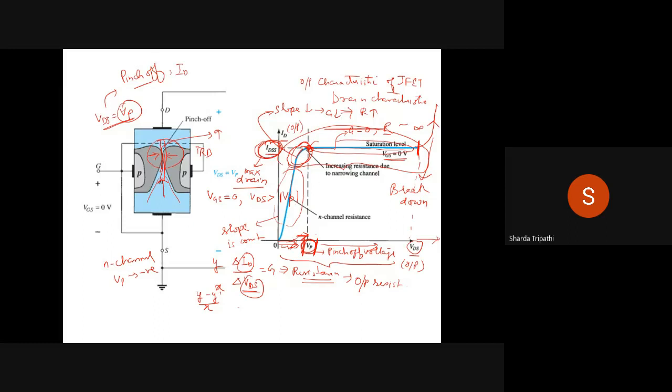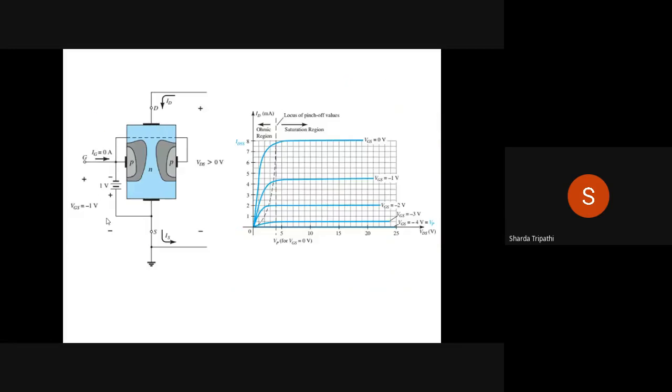So for all this discussion that we have done as of now, we saw that the value of VGS was equal to 0 volts. अब हम क्या करते हैं? अब हम VGS की वैल्यू को चेंज करके देखते हैं. So earlier we said कि VGS will not be positive. So let us vary VGS towards the negative side. So initially it was 0. Let me now say that I have applied -1 volts. So what happens when you apply a negative voltage? Then